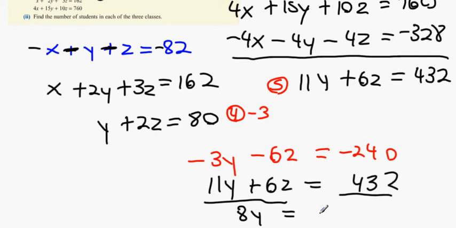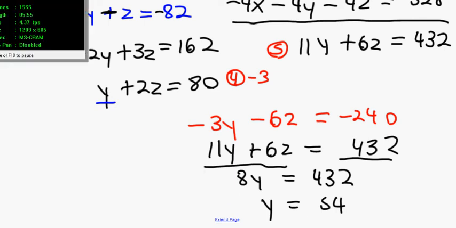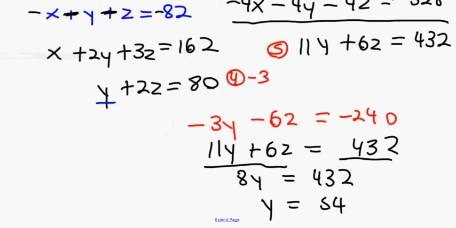8y equals 432, and that should go down to 54, yeah? Y equals 54. Okay, if y equals 54, we have to find out what z is. Now replace y with 54. One second, I've obviously made a mistake. Brilliant. Okay, so guys, it's 240 minus 432, okay, which is,